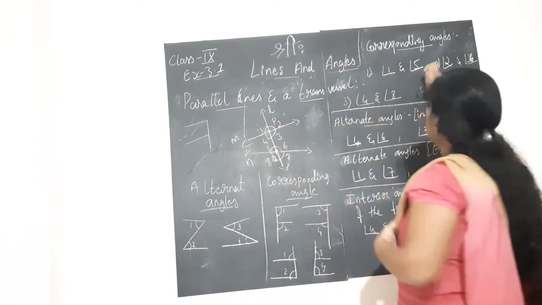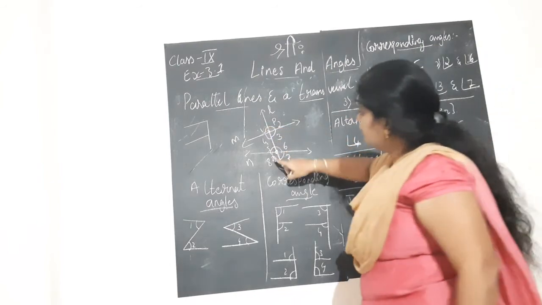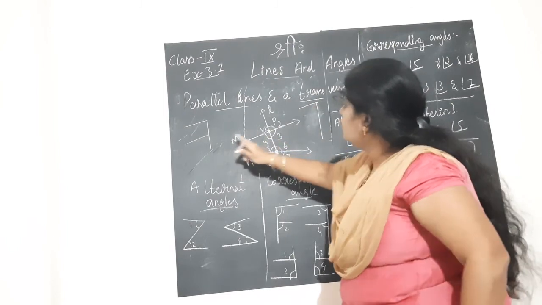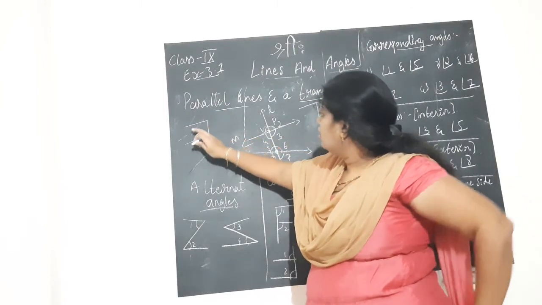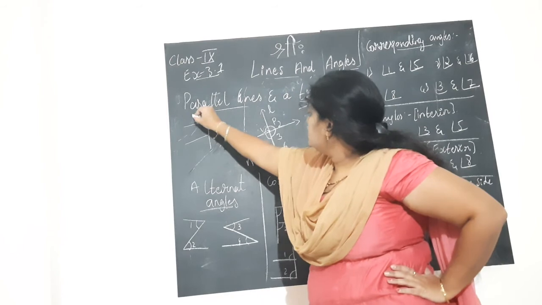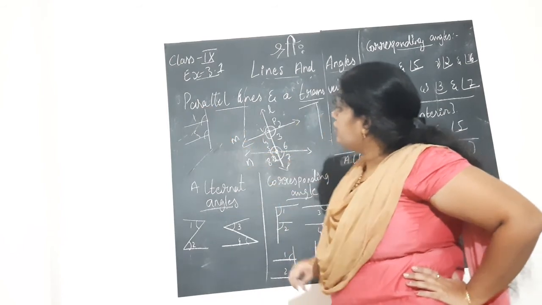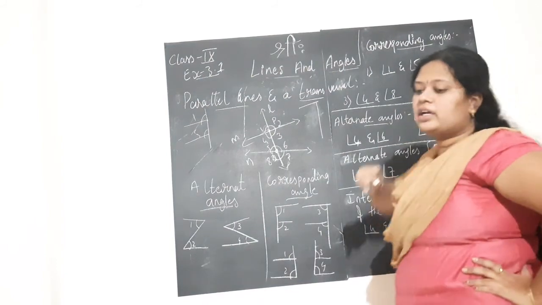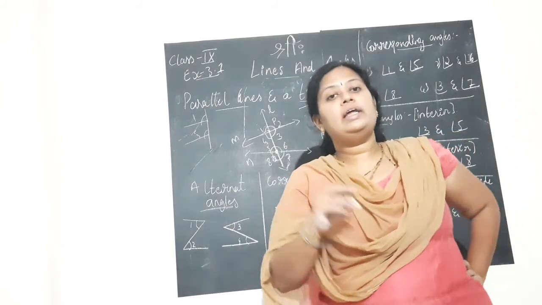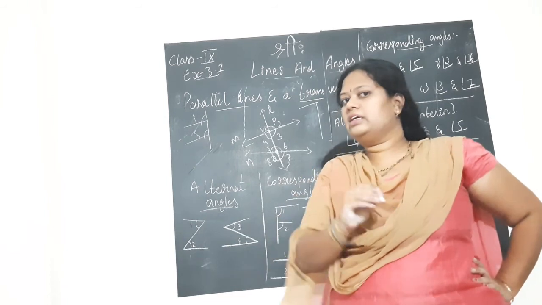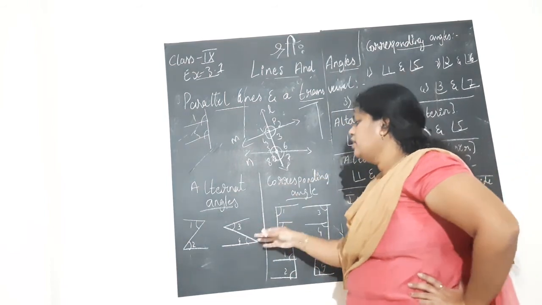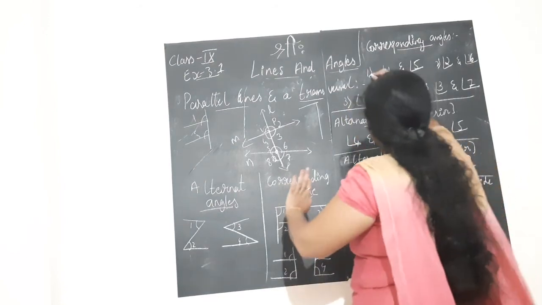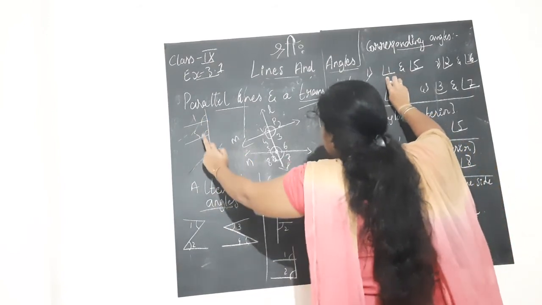If you keep, children, see, angle 1 and angle 5 they have given. Here only I will show. Like this it is, no? This line is extended. This is angle 1, this is angle 5. Those are corresponding angles. And corresponding angles means you should write in pairs always. It is not a single angle. Alternate or corresponding angles, children, always occur in pairs. That also you should keep in mind. Angle 1 and angle 5.